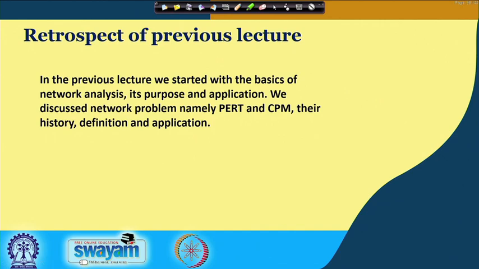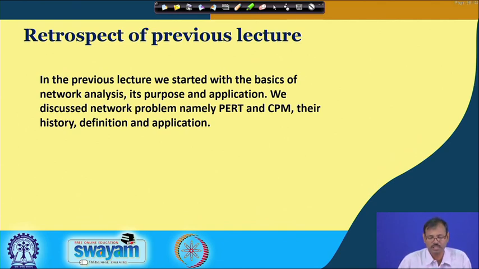Now, you know that network analysis is nothing but analysis of the different unit activities carried out for achieving some manufacturing or for completion of a total process. There is a total process which comprises a number of unit activities. Network analysis is nothing but presenting them in a network form, and that requires analysis for its optimization either in terms of time, or in terms of cost, or in terms of the conservation of the material.